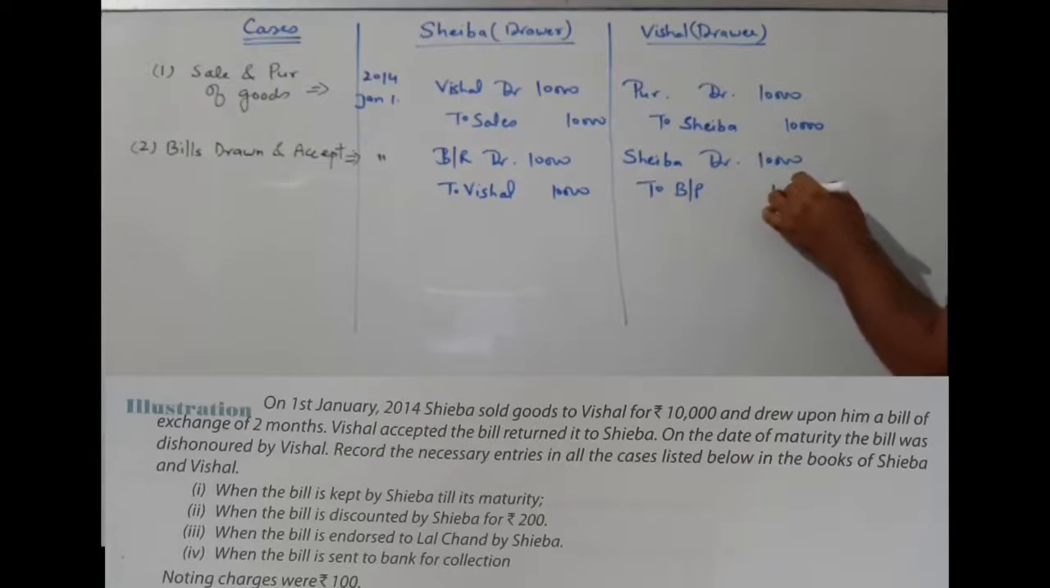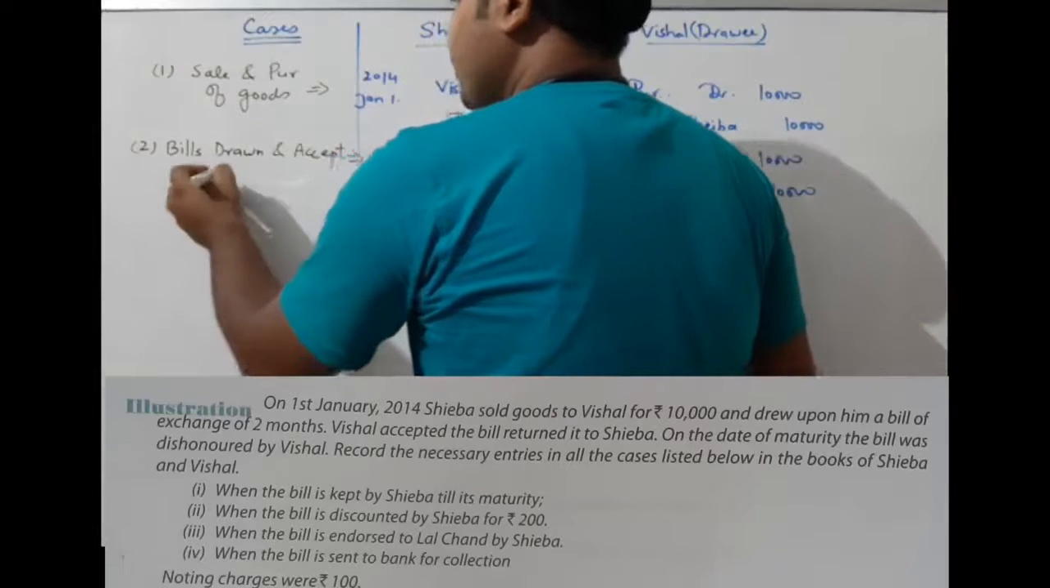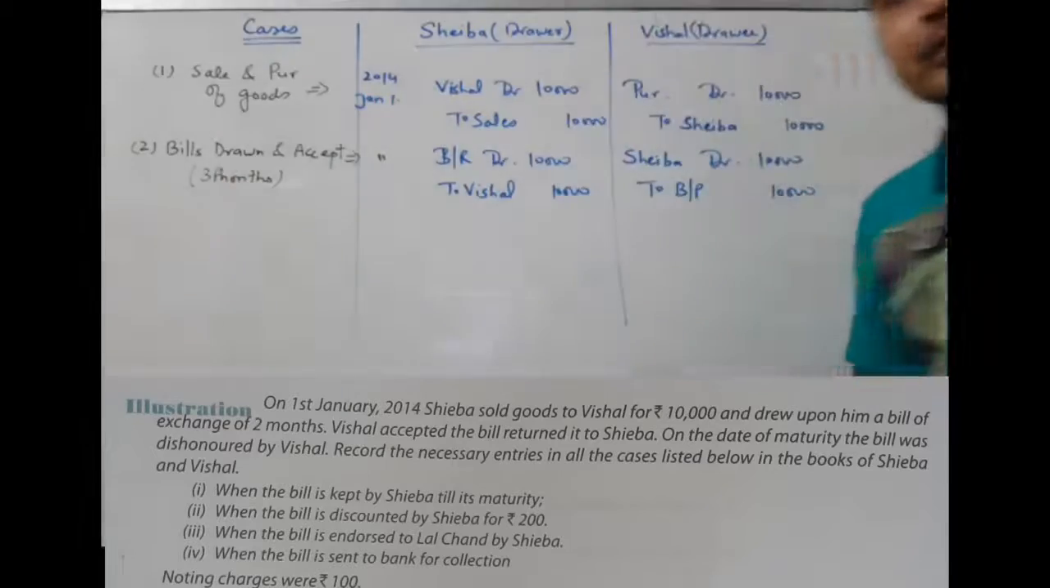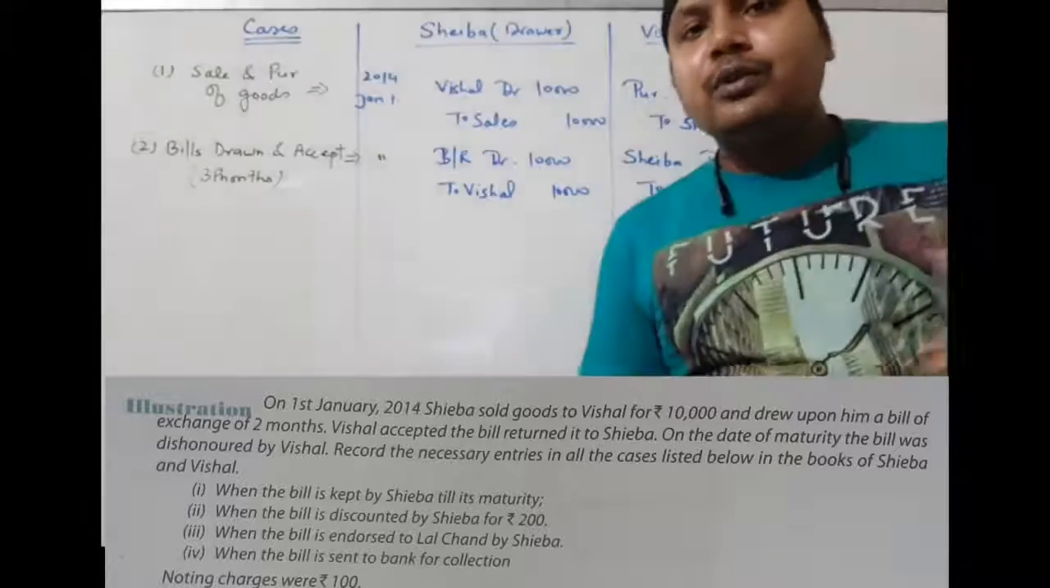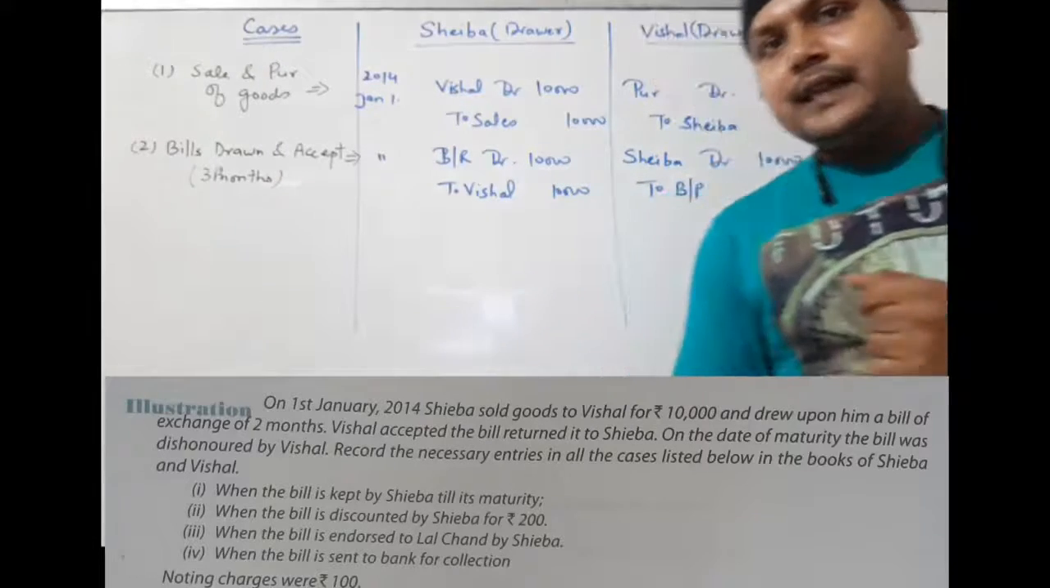ये सब चीजें आप लोगों ने देखा होगा. कितने मंथ्स का बिल एक्सेप्ट हुआ है, ड्रॉन हुआ है? For 3 months. 3 मंथ्स का बिल ड्रॉन हुआ है according to the question. And you know very well, according to the information given in your question is that